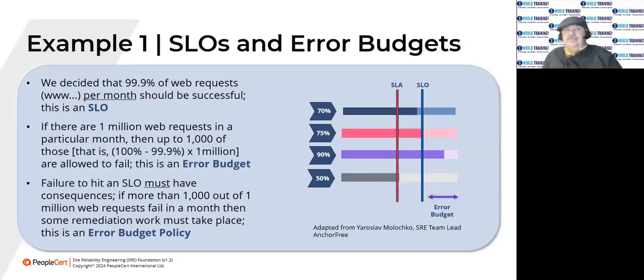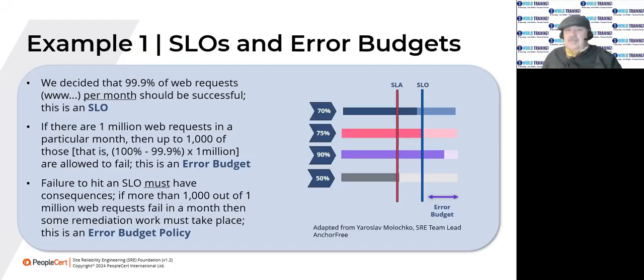Here's an example. And I think this is actually the most important slide in the whole course, frankly, because SLOs are the most important idea. And this slide almost in a nutshell explains the whole idea of SLOs if you watch it carefully. So the diagram on the right represents, in effect, a series of service level agreements and objectives associated with those for a service. So there may be,